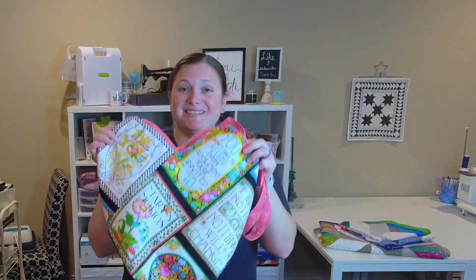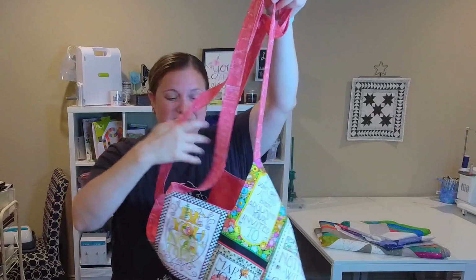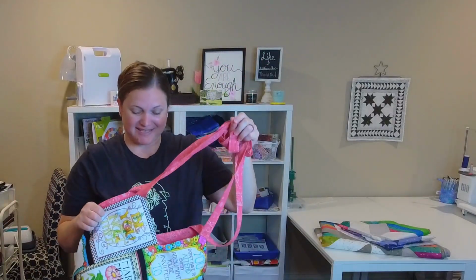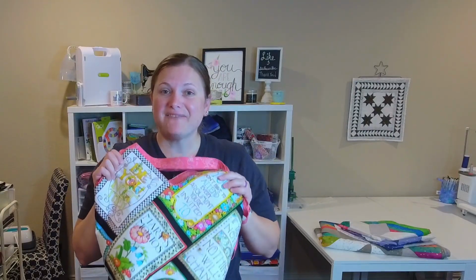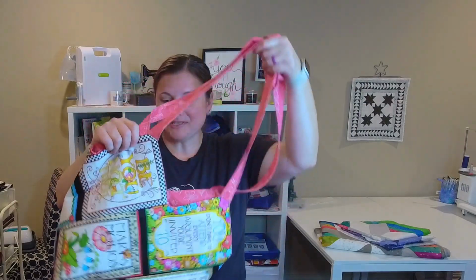Check out this super cute windmill tote. So this kit came in my Rebs Fab stash box and I was so excited to make it. I finally got around to it and this is such a fun pattern. I was really surprised at how quickly and easily it came together because it really kind of looks complicated the